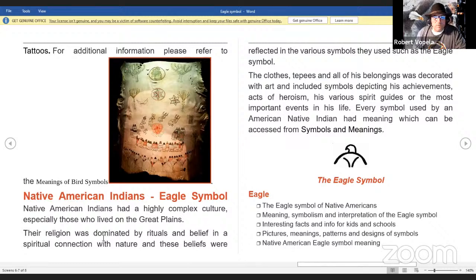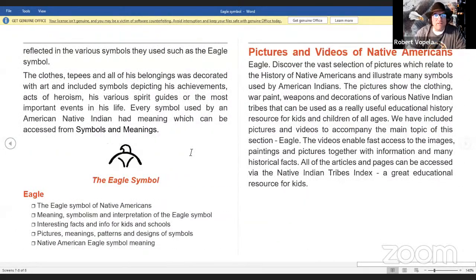The religion was dominated by rituals and belief in a spiritual connection with nature, and these beliefs were reflected as various symbols. You can see on that coat or cloth there how they drew right on there, Indians there, and the little dances they did, and the stars, and pretty neat. Reflected the various symbols they used, such as the eagle symbol.